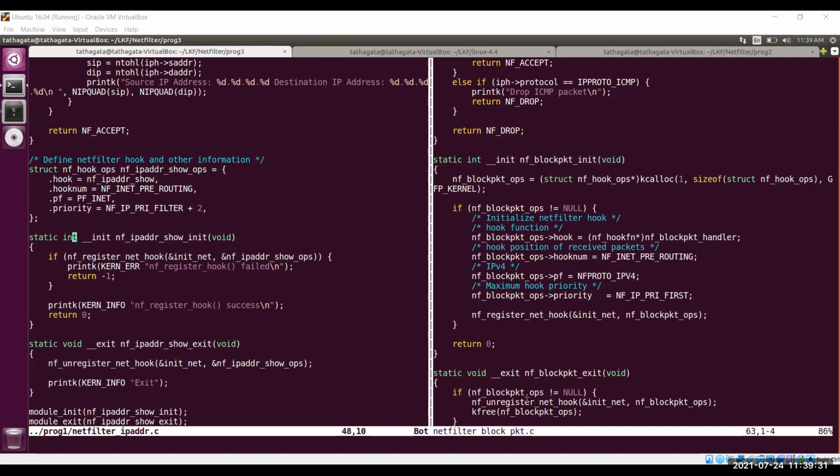The other difference is that I am not specifying this as a global structure.